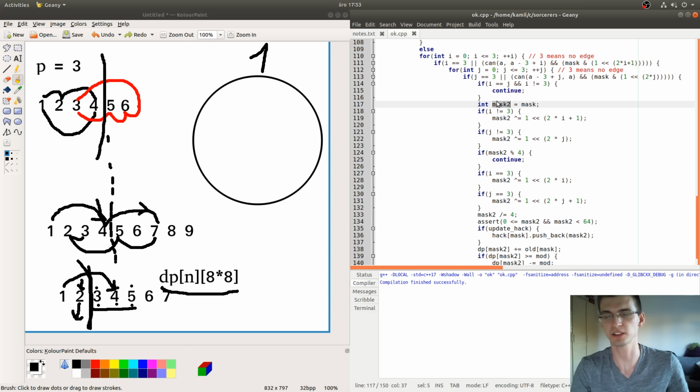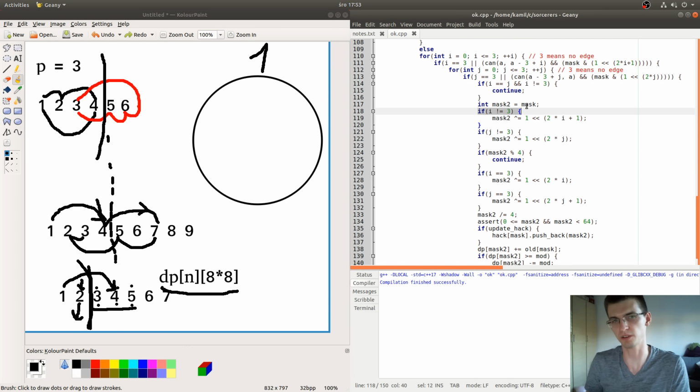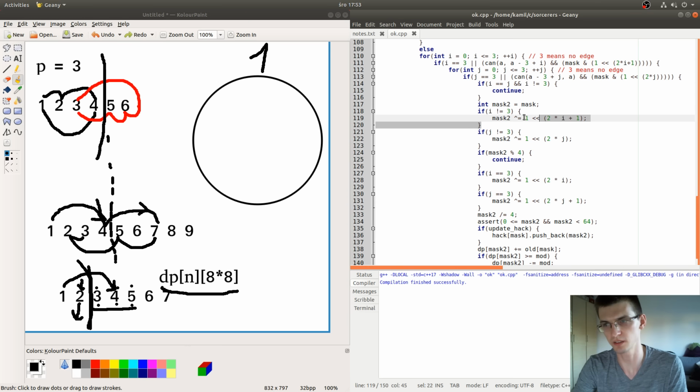And mask2 is a new mask. So I have this mask currently describing some 3 vertices. I want to move to the next 3 vertices. So basically I will want to do mask2 equal to the previous mask divided by 4. But also I must change some bits. So for example, if i is different than 3, so if it's a real new edge, I just change some bit.